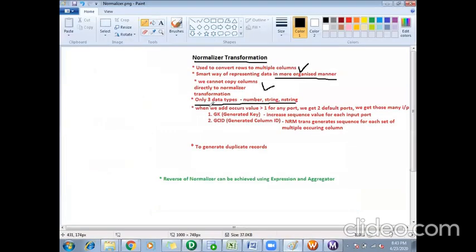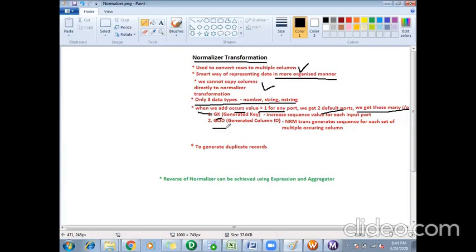If I go back to my page, when we add an occurs value greater than 1 for any port, we get 2 default ports, and we get that many input ports. The 2 default ports we get are the GK and the GCID.